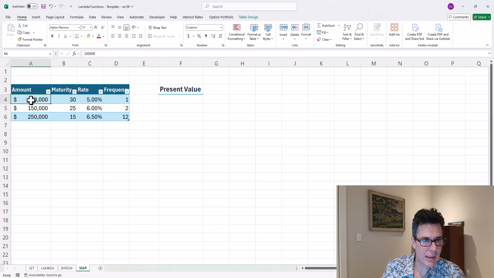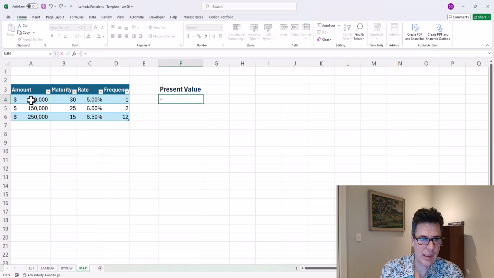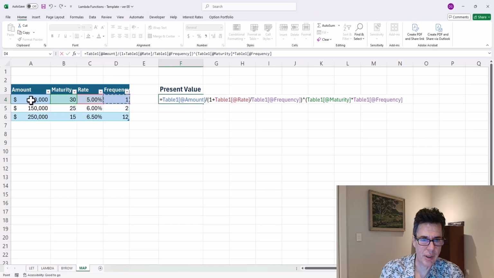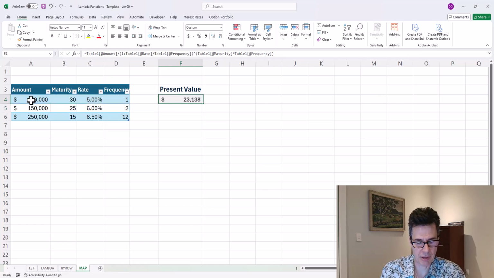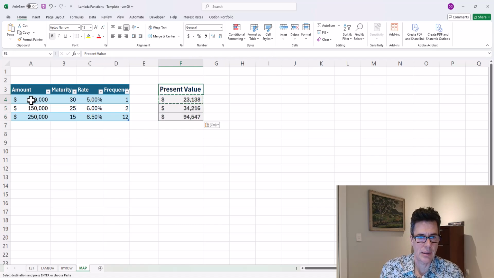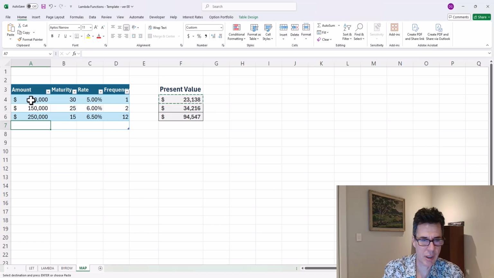Now I'm going to, again, do a calculation in Excel. So we're going to calculate a present value. Let me just calculate it here so we have it. The present value is the amount divided by 1 plus the rate divided by frequency, to the power maturity times frequency. Right, there's my present value. If I have 3 rows, that's great. But if I put in another row,